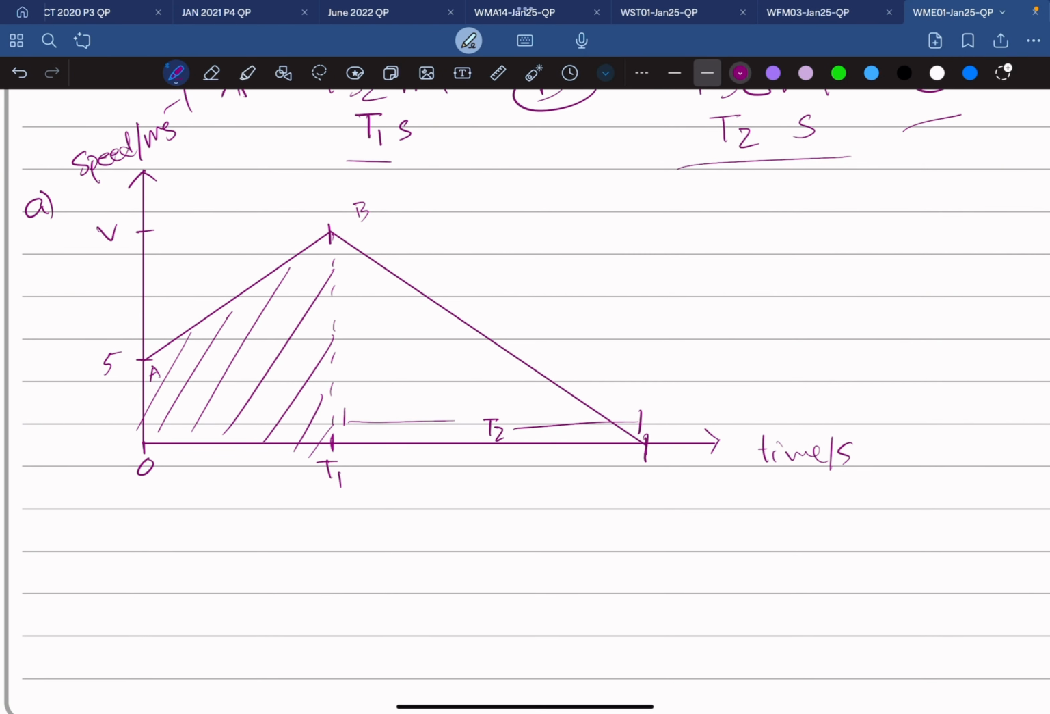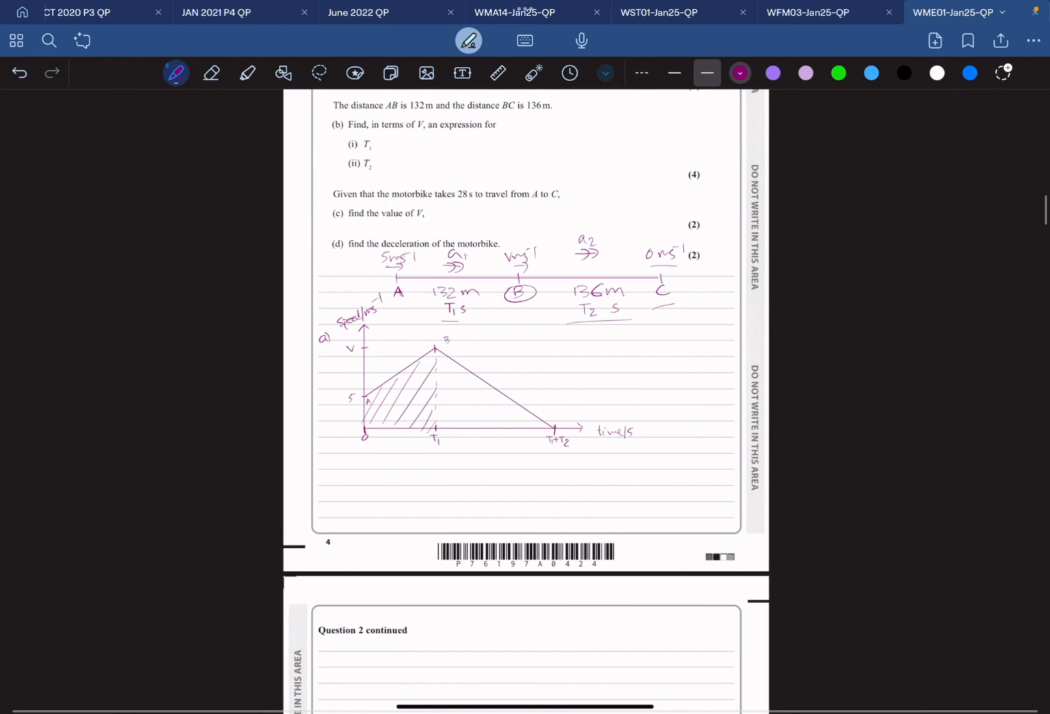Because we're essentially counting from the origin. So from the origin, we've already reached T1 and then we're going to another T2. So essentially this point is T1 plus T2, okay? Don't mess this up. That can cost you some marks, and you're going to miss out on full marks. Okay, now